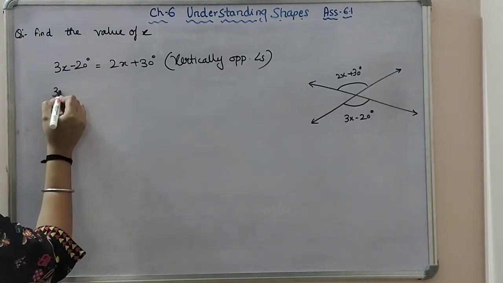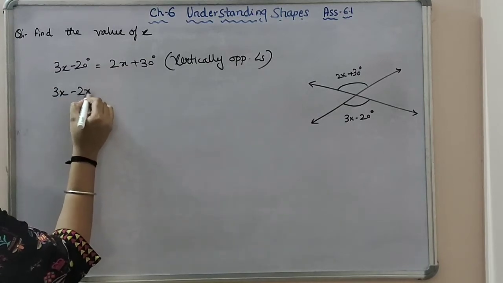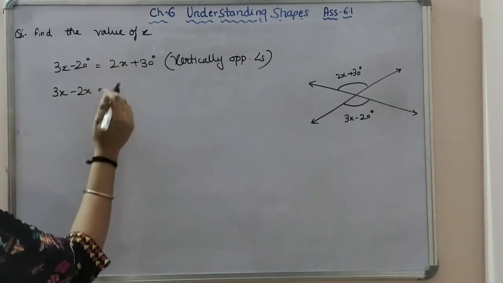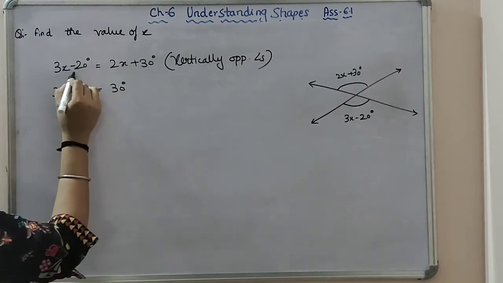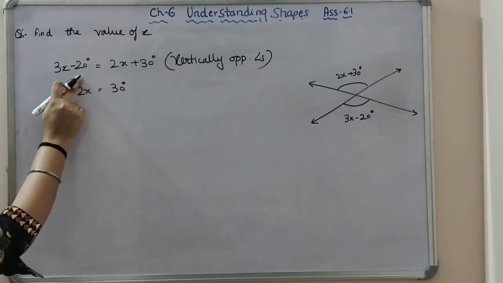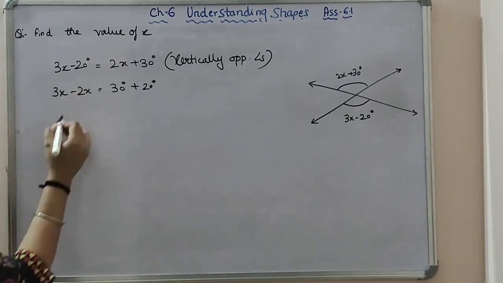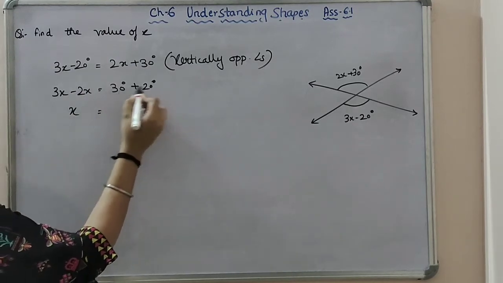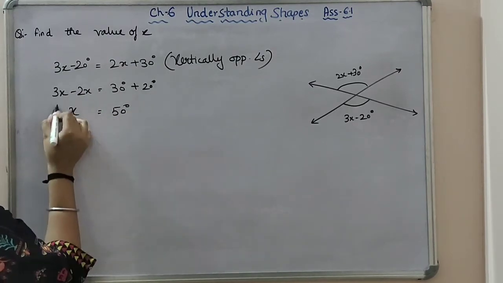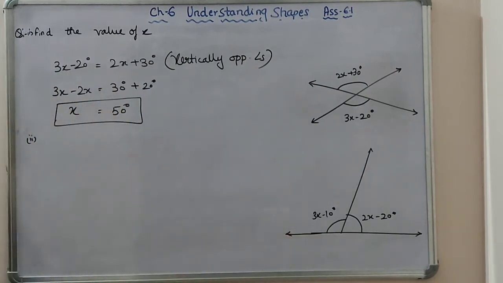So we will keep x on one side. 2x यहाँ पर प्लस का है तो इधर शिफ्ट करेंगे तो दैट बिकम्स माइनस, 3x minus 2x. So we have 30 over here. और अब इस 20 डिग्री को हमने राइट हैंड साइड पर शिफ्ट करना है. यहाँ पर 20 जो है वो माइनस का है तो इधर जाकर क्या होगा, प्लस. So that is 3x minus 2x is x and that 30 plus 20 is 50 degree. Hence x is equal to 50 degree. Hope this is clear to you. The next figure is this and you can see two angles which are forming a linear pair.